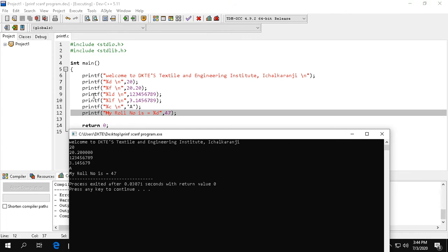Now in this case if we look at the printf function for the integer 20, in a double quote we have this %d, but in the output window what we are having is the integer 20. So this %d will be replaced by the integer value that was written after this comma. Again we have to move to the third line. So in the third line we are having the float value 20.20.